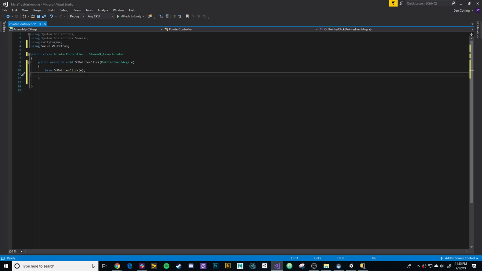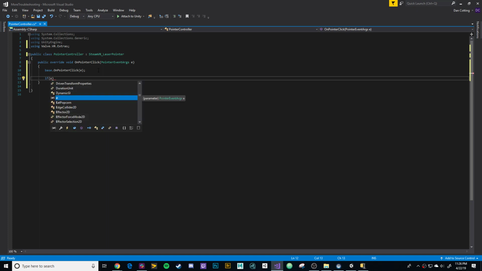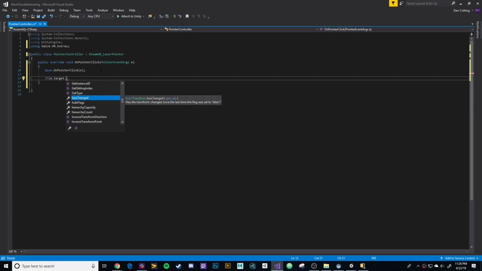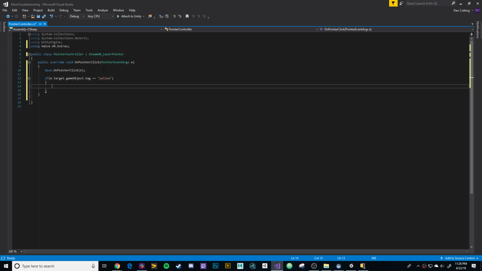So on pointer click, what we're going to say is if e, by the way, e being our set of stuff we can pull from the laser, so the thing we're hitting is going to be e.target.gameObject.tag equals yellow, then we're going to say